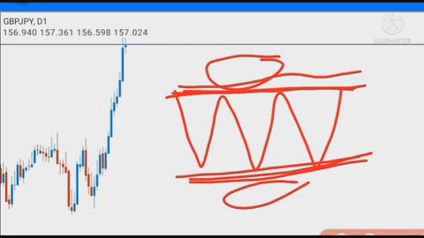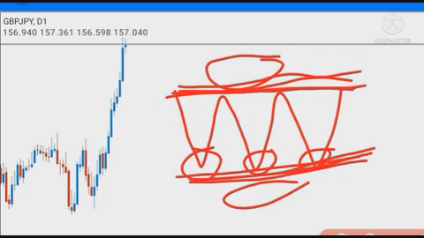So the smart money knows the way that the retail traders trade. And because the retail trader has been told to sell at resistance and buy at support, when price gets to this support, in this ping pong kind of thing, the retail trader will buy from there. They will buy here. They will buy here. When price gets to the top of this range, the retail trader will sell here. We sell here. And the market makers understand that very well.